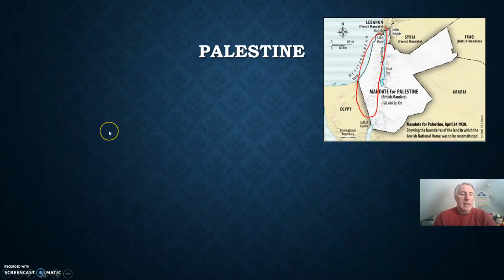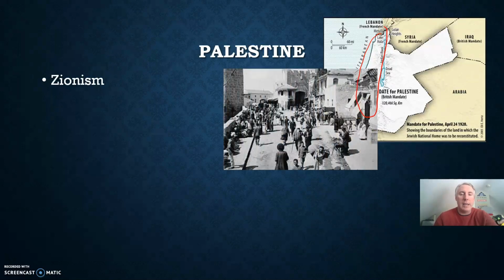And Israel was the ancestral homeland of the Jewish people. But over the centuries, most of them have been scattered from Palestine. And since the Middle Ages, the area was controlled by Muslim empires, and therefore had been populated by mostly Muslim people. But in the late 1800s, the Zionism movement really took hold. Now, remember back in a previous chapter, we talked about the beginnings of Zionism and how it was a movement to build a Jewish homeland in Palestine. The movement was slowly picking up steam in the early 1900s, and Jewish communities were increasing in the area.